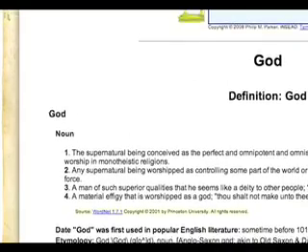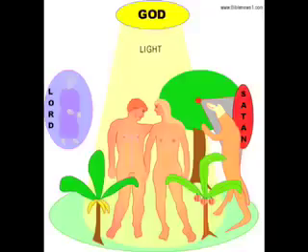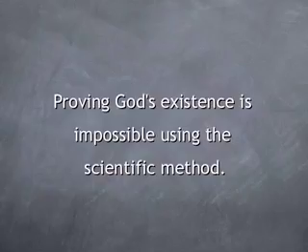God, as defined, is said to have created man from dirt and woman from man's rib. Also to have created life on Earth. This hypothesis will always remain a hypothesis. It will never become a theory, partly because it can't even be tested, and partly because there's absolutely no evidence to suggest that claim. So to sum all that up, proving God's existence is impossible using the scientific method.